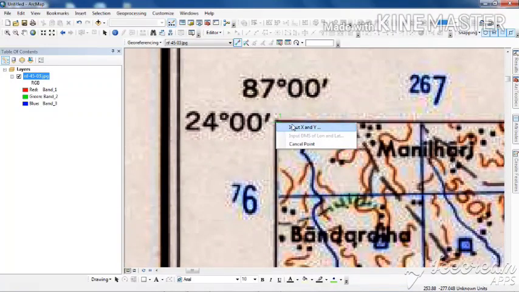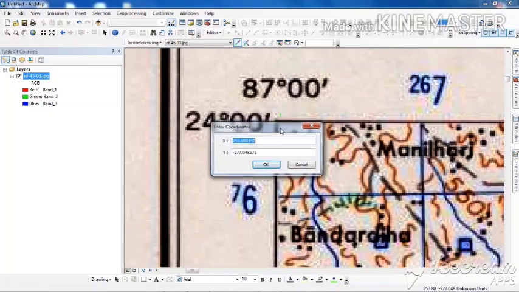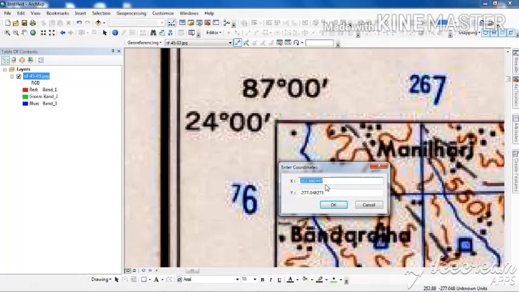Now I will input the X and Y, that is the latitude and longitude value. X means basically the longitude. So here the longitude will be 87.00, while the latitude will be 24.00.